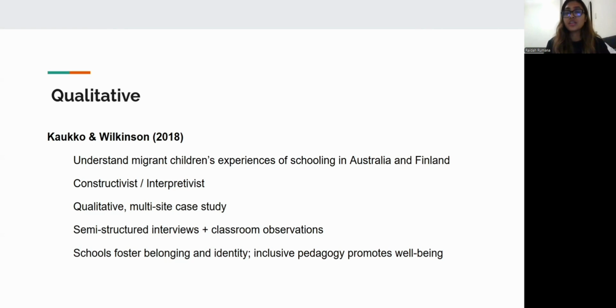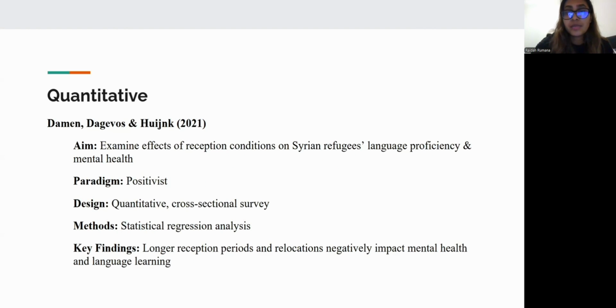This reflects a constructivist paradigm focusing on meaning and human experience. And then I discussed the second study, by Daman and DeGivos, which takes a quantitative positivist approach.